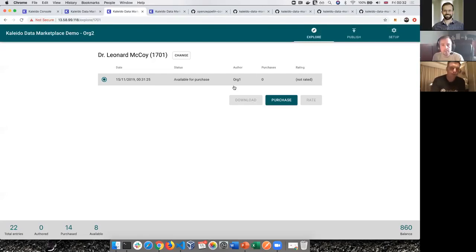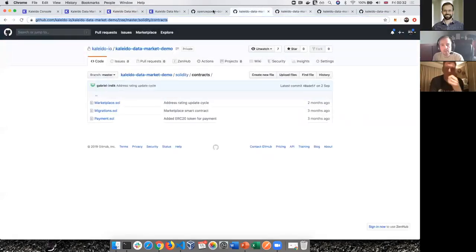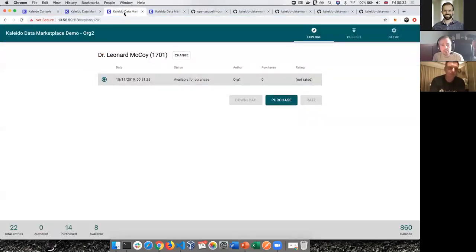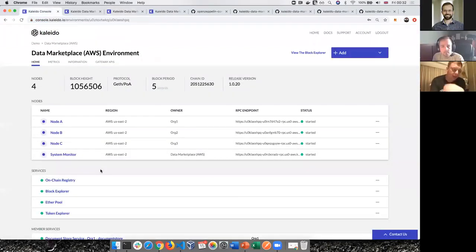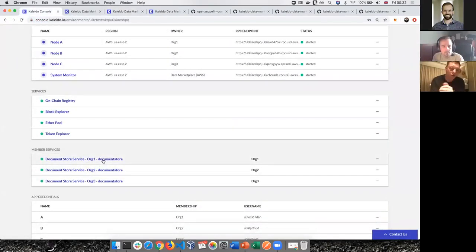Yeah, and as I think you'll be pointing out, there's also ways of verifying that you haven't already got this data, right? We've got some kind of a cryptographic hash of the data that is being uploaded, correct? Yeah, that's exactly it. So let's have a look behind the scenes, and let's have a look in Organization 1's